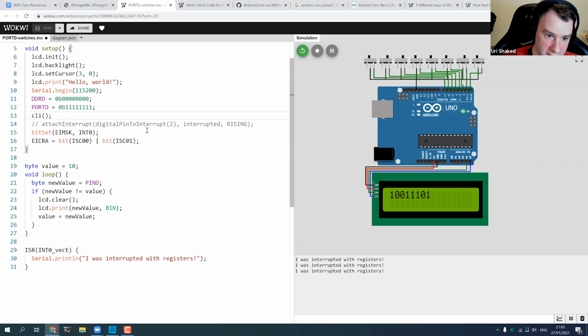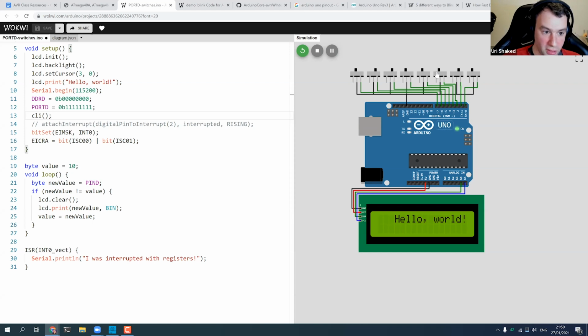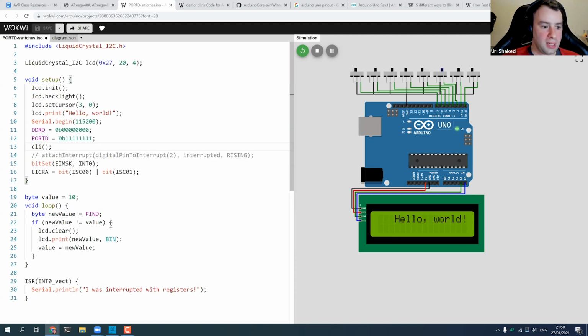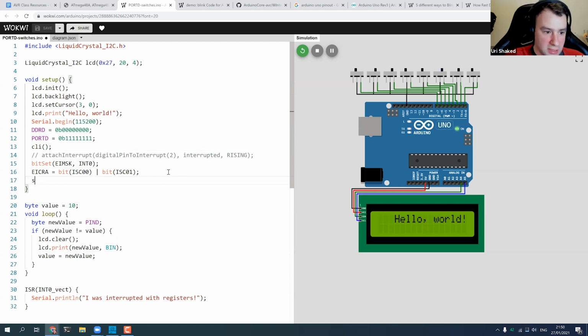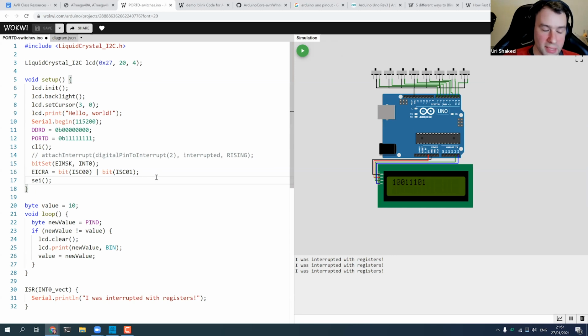So if I call this in my setup and I run the code, we will notice a few things. First of all, the interrupt doesn't get fired anymore. We don't see the prints. And second, the LCD stops updating. So probably the LCD somehow also depends on interrupts. And that would be fixed if I re-enabled interrupts at some point. So now I clear them, set some flags, and then re-enable them. And we can see that the interrupt, everything is working as normal.